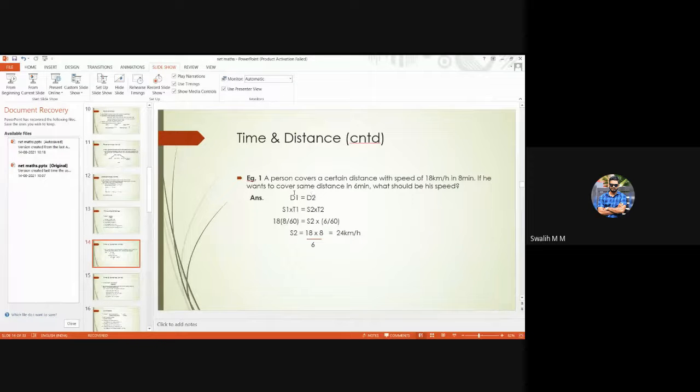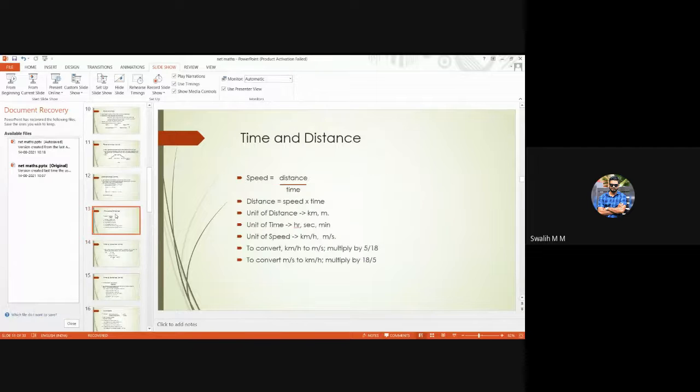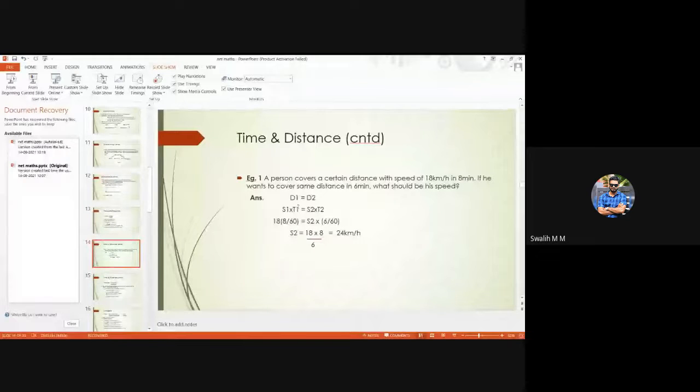So what is D1? You know, distance means speed into time. You can write both the distances, that is both the same distances, in terms of two different speeds and times. That is what I did here. The first distance is first speed into time, and the second distance is second speed into time. But you know that it is given same distance, D1 equal to D2. So these two are also same, and that is how we can find S2. That is, by knowing S1, T1 and T2, we can know S2 because this is a linear equation. And sometimes S1, T1 and S2 would be given and you find T2.